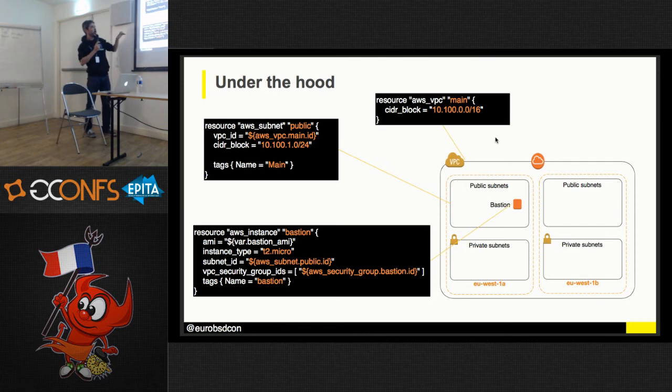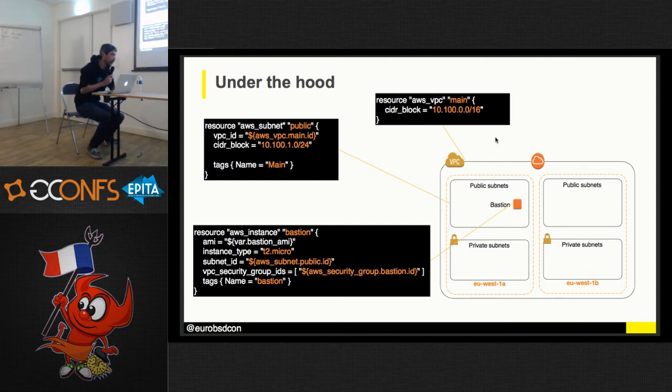In addition to networking things, I'm also creating a machine, a Bastion host, where I'm going to SSH to connect to different machines. You have different parameters for a machine, like the instance type, T2 micro, which is the same one as the machine I'm using right now. The AMI, which is the image I'm using, and here it's the OpenBSD AMI. And in which subnet I'm going to create it, and so on.